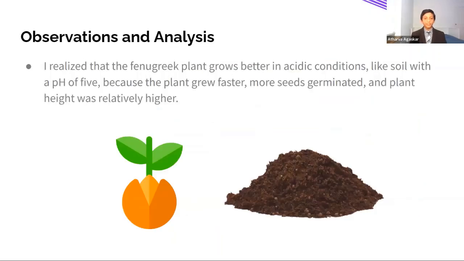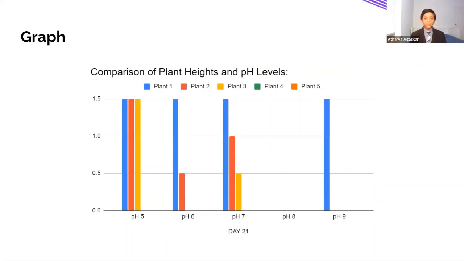I observed that fenugreek grows better in acidic conditions, like soil with a pH of 5, because the plant grew faster, more seeds germinated, and the plant height was relatively higher. Here is a graph comparing the plant heights and the pH levels. You can see that